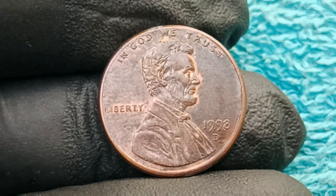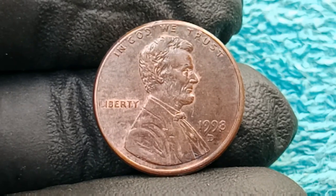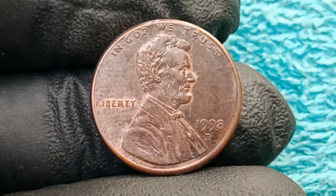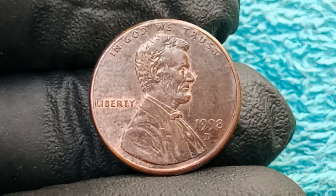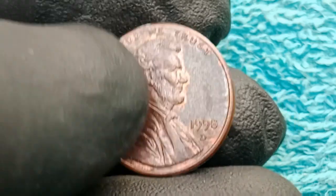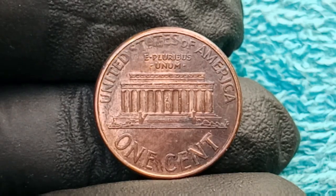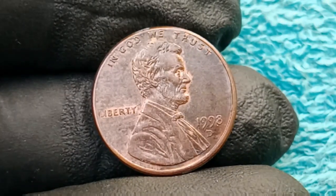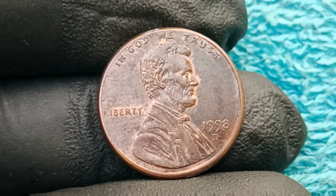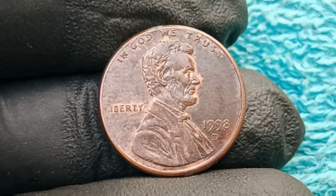Now, to understand why collectors are willing to pay millions for such a coin, we need to go deeper into the psychology and mechanics of the rare coin market, where collectors do not just pay for metal but for history, uniqueness, and the chance to own something no one else has. And when you consider that billions of 1998 D cents were struck but only a handful carry this extreme error combination, it's like finding a needle in a haystack, except the needle is made of solid gold in terms of